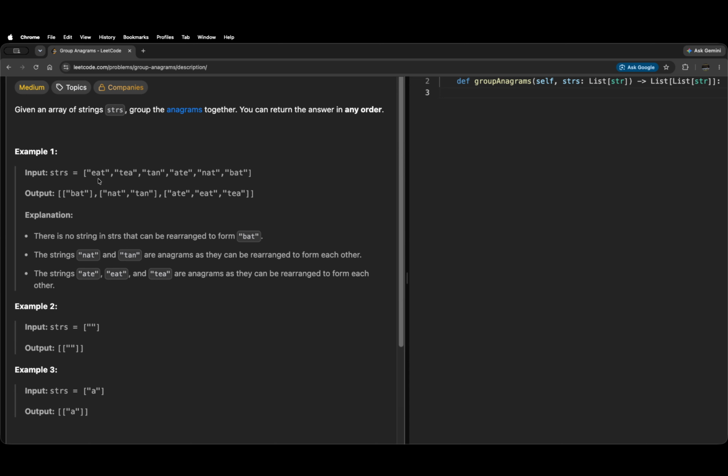One is to maybe create a hash map that uses these three alphabet characters as the key of the hash map, and we should push the entire string as the element into the value of this key. So what I mean is,